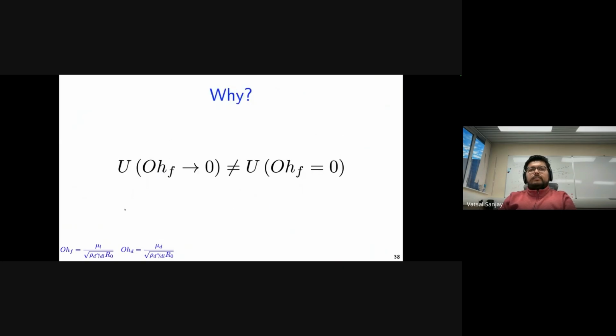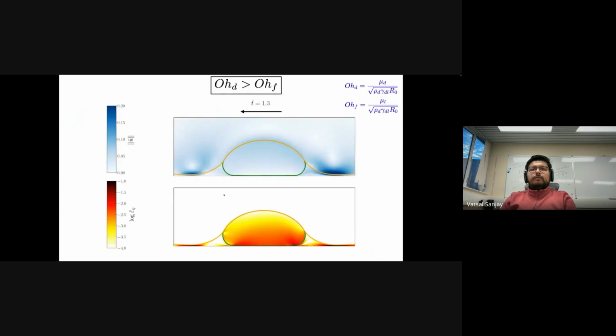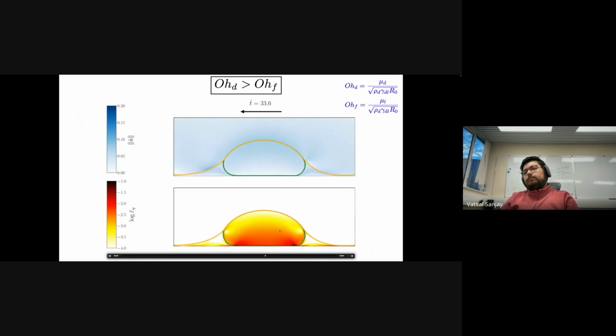Why is the velocity in the limit of Ohnesorge going to 0 not the same as the velocity for Ohnesorge number exactly equal to 0? And here is one such case where you notice that there is some dissipation in the droplet, which would also be the case if we think about superhydrophobic surfaces, where again the dissipation is primarily in the droplet,